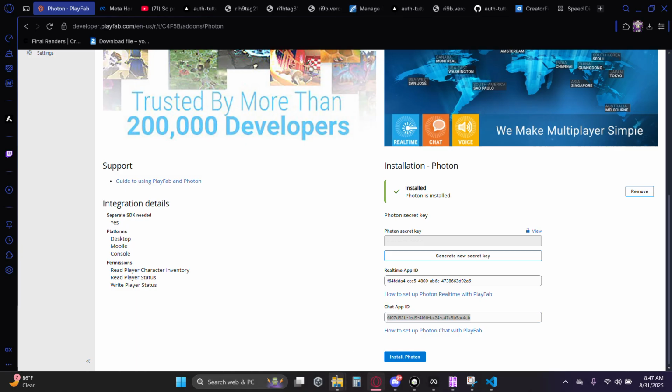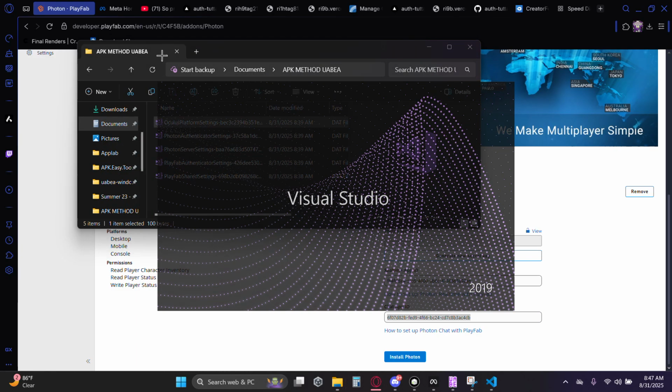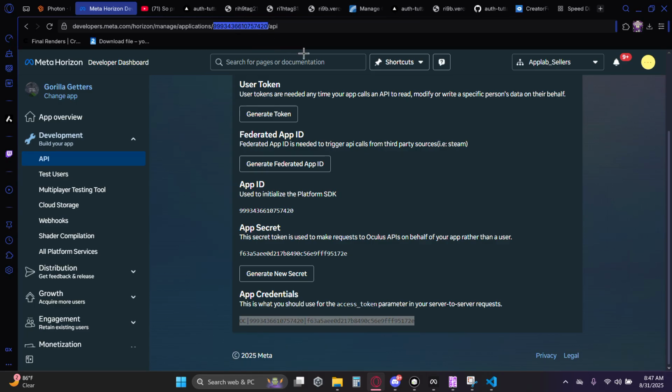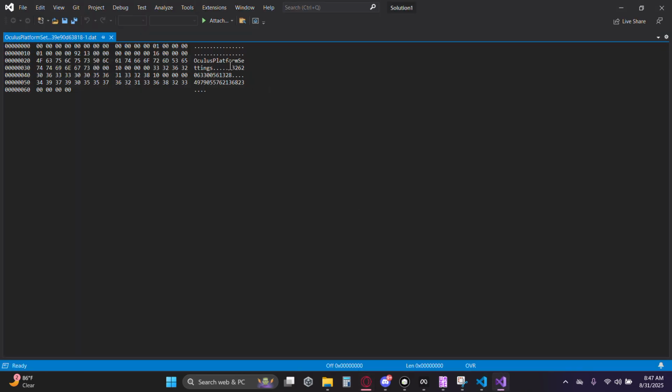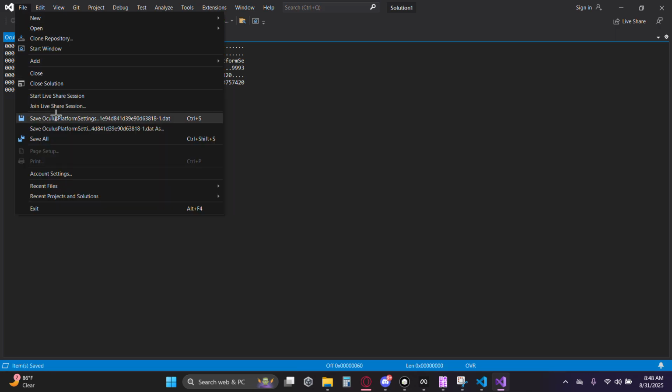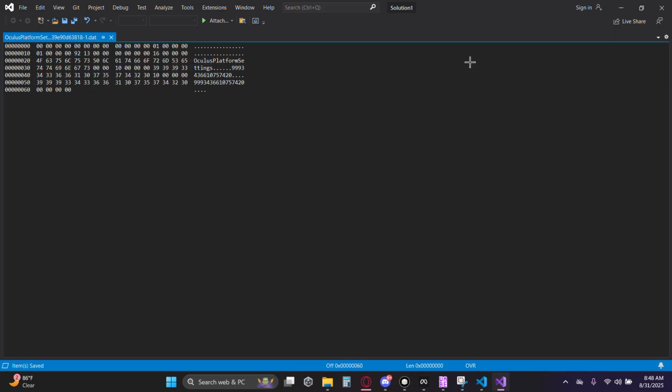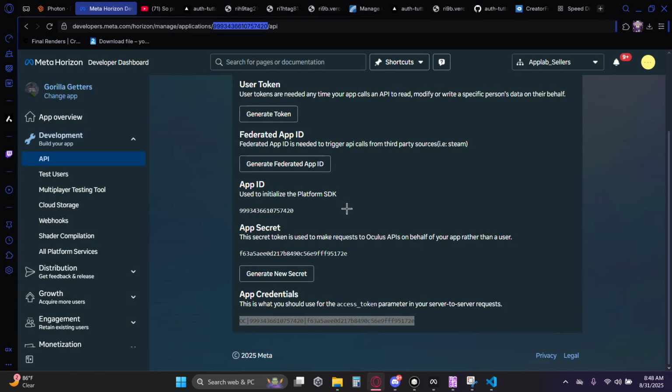And now that I've got that, you want to do the next part. This is the biggest thing. You want to grab your 16-digit. You want to paste it in the first one. You want to go to File, Save. Wait, 1, 2, 3, and then paste it in this one. 1, 2, 3. Then you want to close, and then